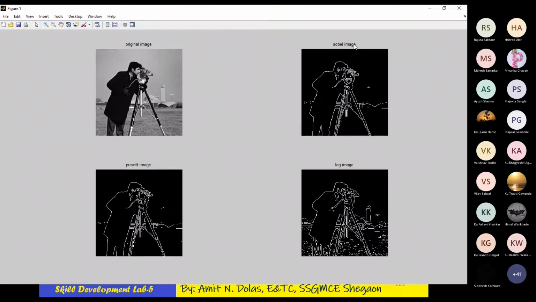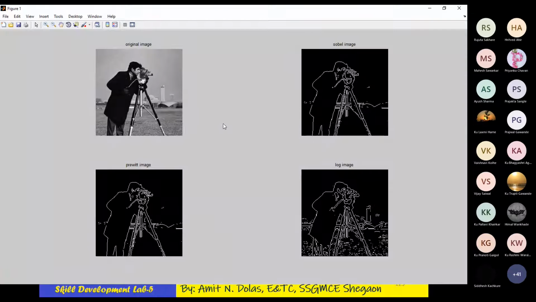Out of Sobel and Prewitt, if you see the literature, Sobel is quite good for detecting the edges of the image, and in the log filter you can see some unwanted parts in the original image.